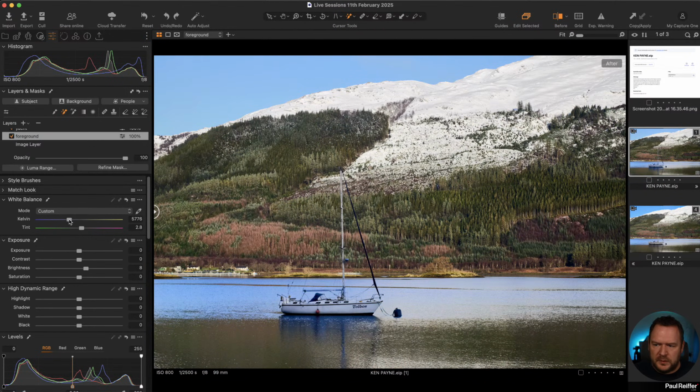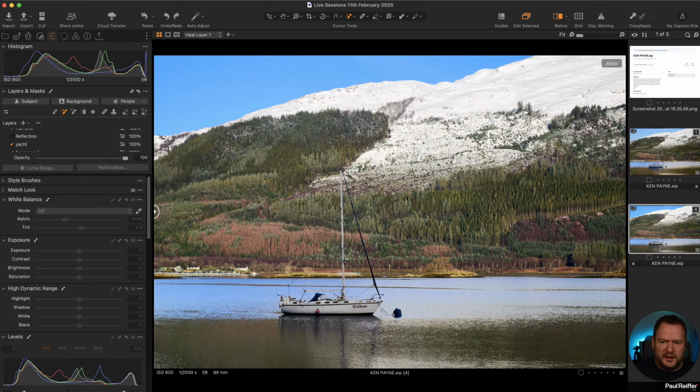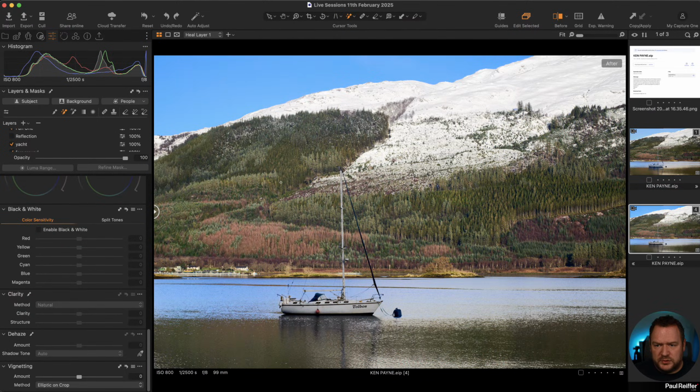And this is purely about just making it work and realistic. Get your masks right, get the contrast right. Think about the result of making changes. If you make the change to the object, then you need to make the change to its reflection. Only use corrections where you need them, all that sort of stuff. So overall, Ken, no issue with all the layers you've done. It's just maybe refine some of them, and some of them you just don't need.